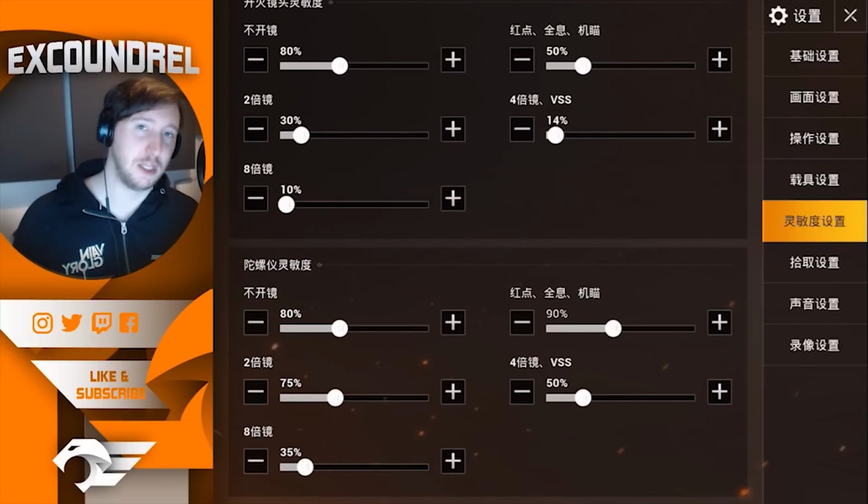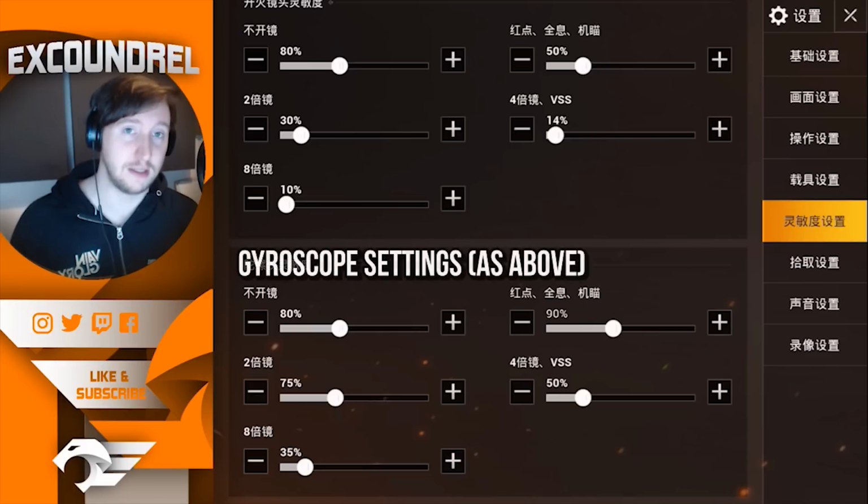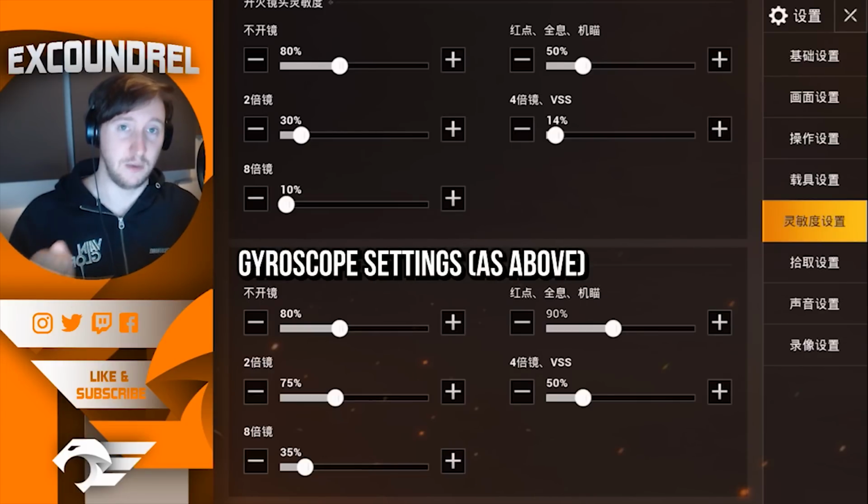And at the bottom, I believe, is the gyroscope sensitivity. So I could put this to whatever I want, because realistically, it doesn't affect me because I'm not using the gyroscope. But if you are using the gyroscope, the bottom settings are for the gyroscope sensitivity. So when you tilt your phone, that's how sensitive it will be. And feel free to use exactly the same settings, because this is, again, just unscoped, red dot, iron sight, 2x,